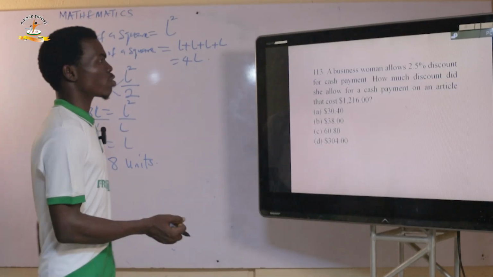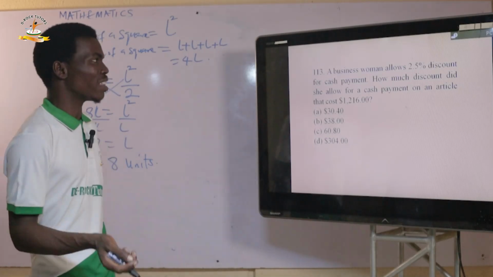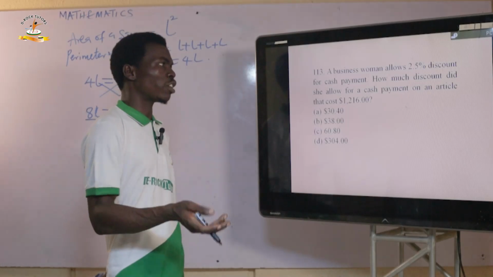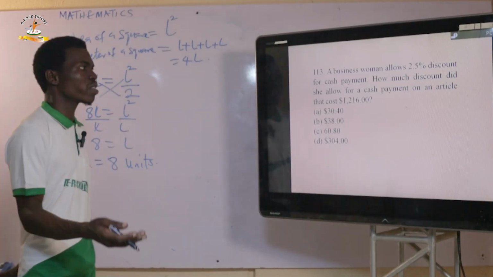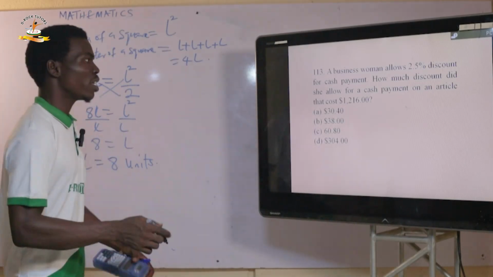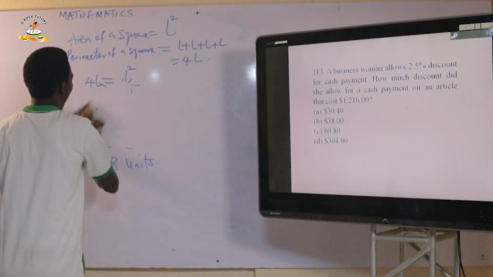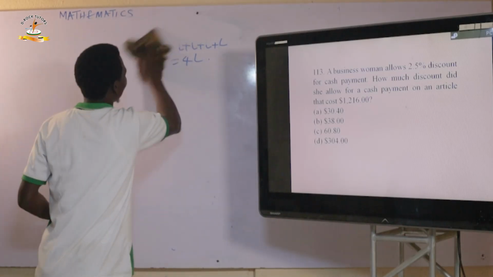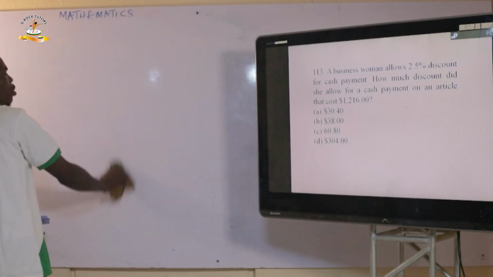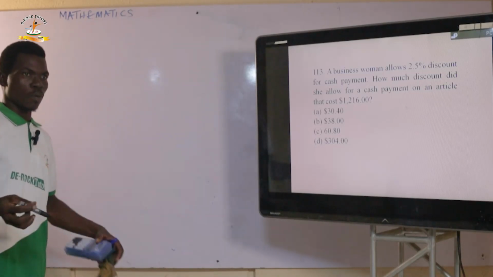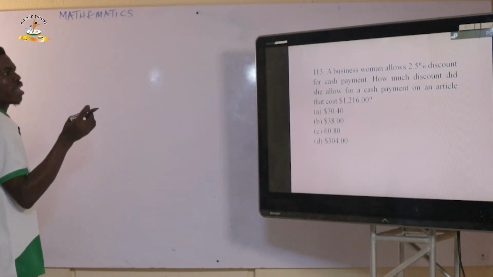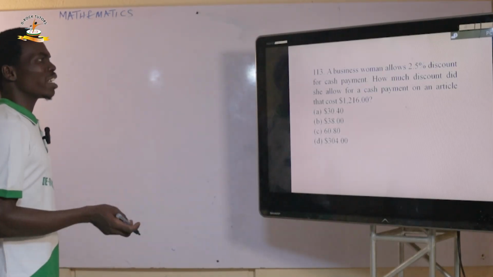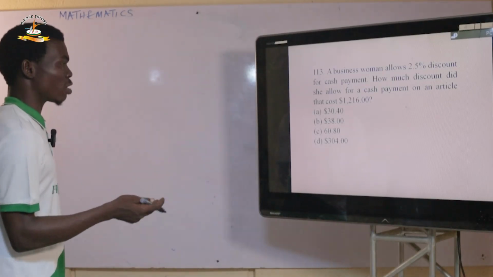And next question. Alright, the next question is question 113. The businesswoman allows 2.5% discount for cash payments. How much discount did she allow for a cash payment on an article that cost $1,216? So let's see how that works. So it's very, very close to one discount problem we just solved. And let's say she allows a discount of 2.5% for a cash payment on an article that costs